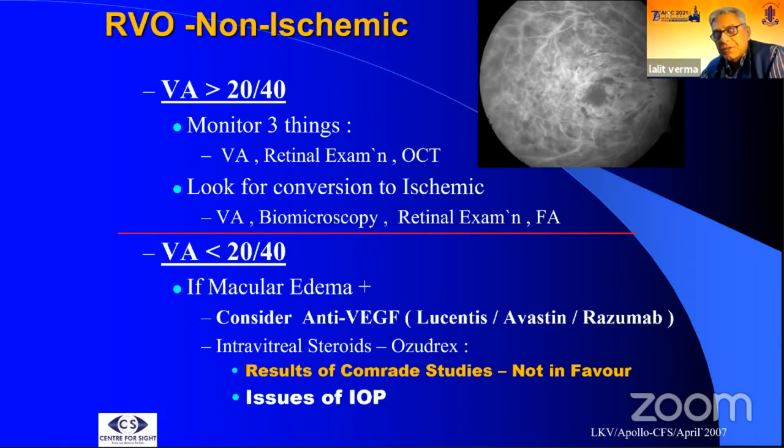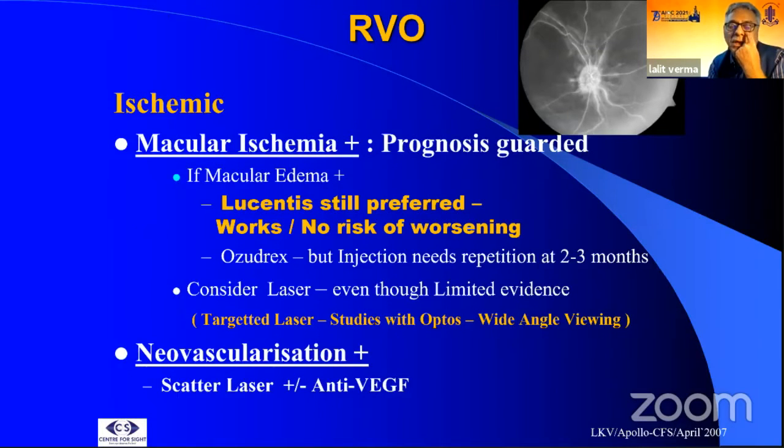And believe me, all of these drugs, Lucentis, Avastin, or even biosimilars, work equally well in these patients. Steroids, I'm not in much favor in BRVO. CRVO I do, but in BRVO, not much in favor because of multiple issues. However, if you have macular ischemia, with or without OCT balloon, if the OCT is ballooned, we